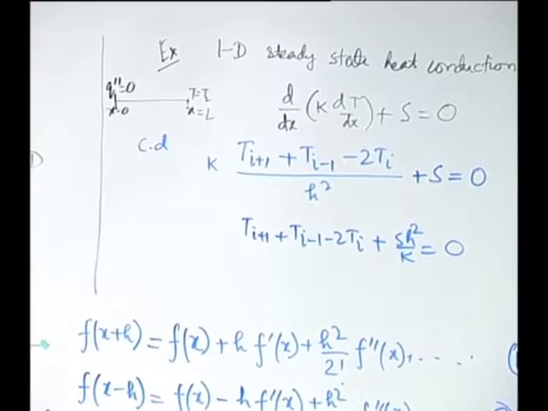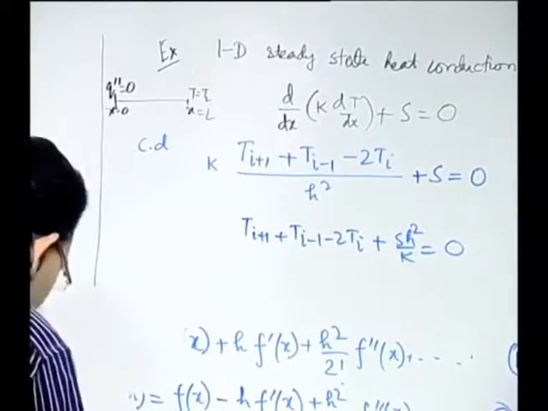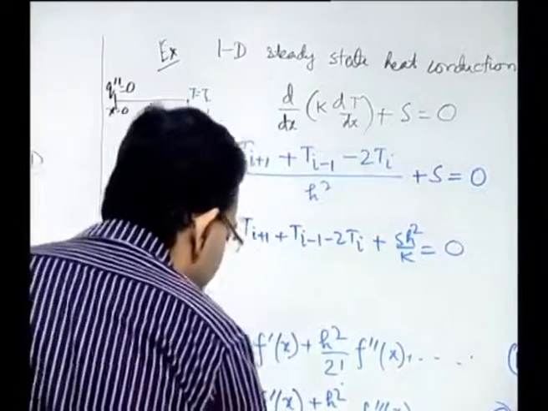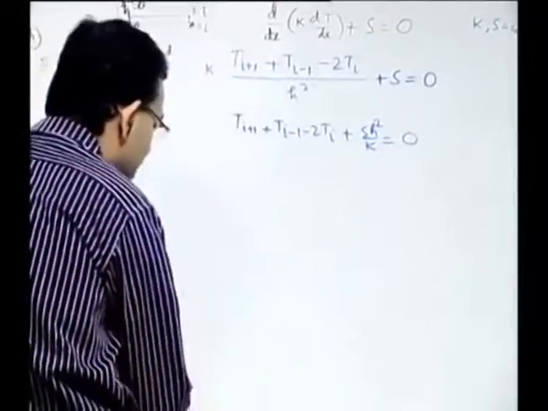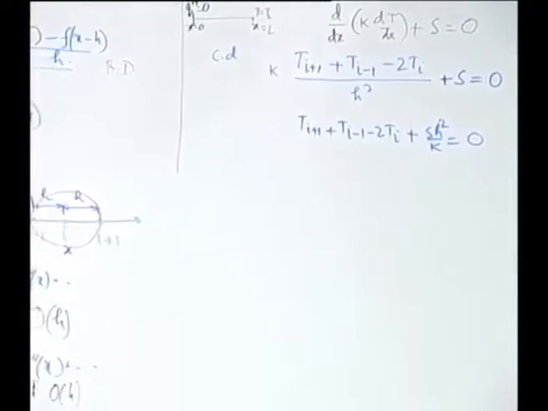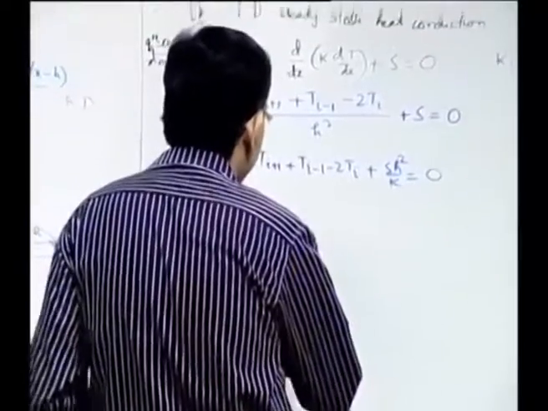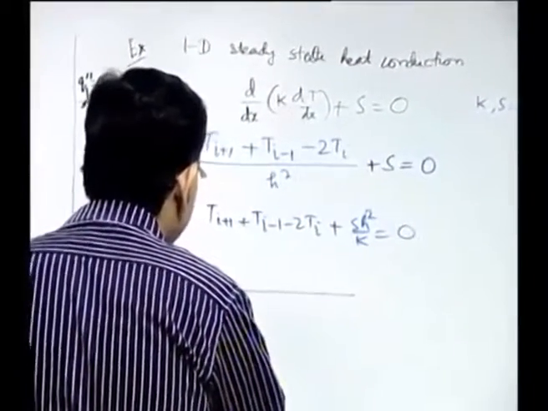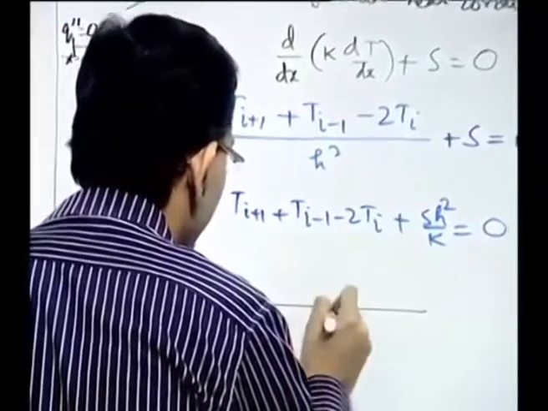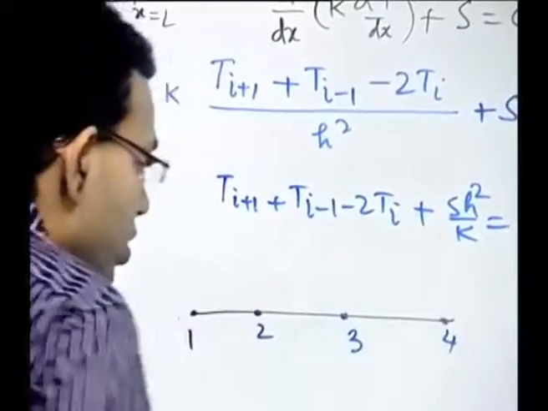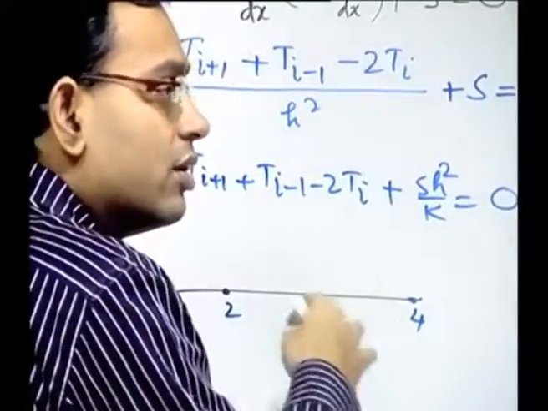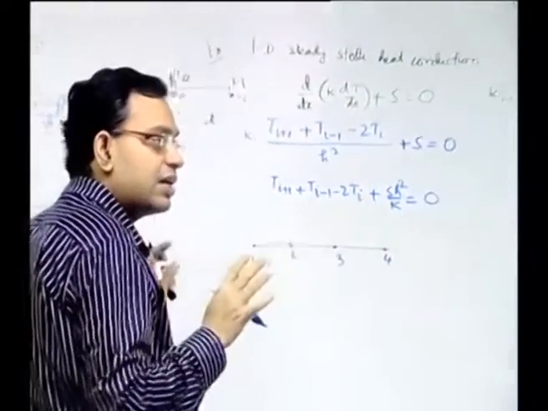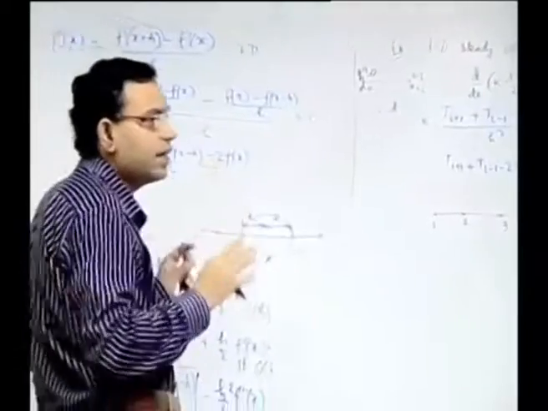So, let us consider 3 elements and see how we can assemble it. Again, when we say 3 elements in finite difference, there is nothing called an element, so it is just for our own perception. We consider basically that there are 4 grid points, but that does not mean that it has 3 elements, because the concept of element is not there. So, it is just some isolated points 1, 2, 3, 4. The domain is now just a collection of 1, 2, 3, 4 points, disregarding how they are connected, and all that information is not a part of the finite difference method.